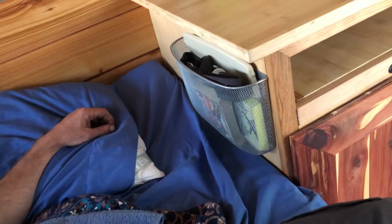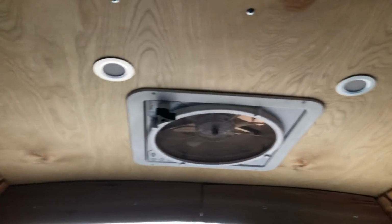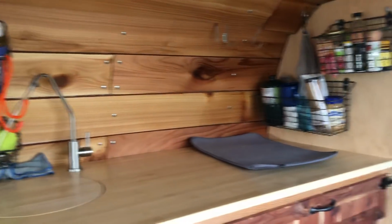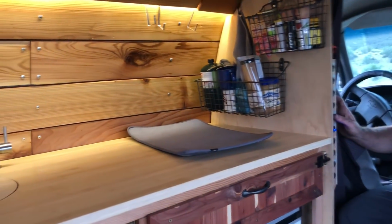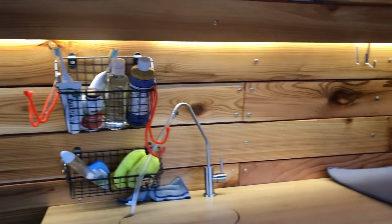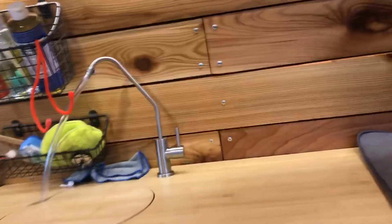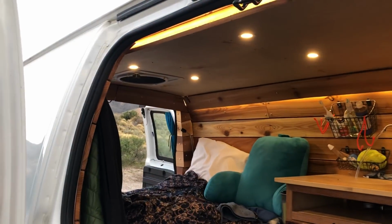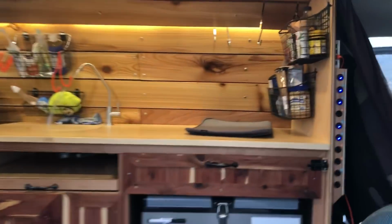Here's Ryan's little nightstand bin and our vent fan out the roof. Keep us from dying of carbon monoxide. Oh, and yes. Kitchen bins. The electrical. Ooh, a little mood lighting. We have a little LED strip all the way around. We have roof lighting as well. All from here. All on this magical